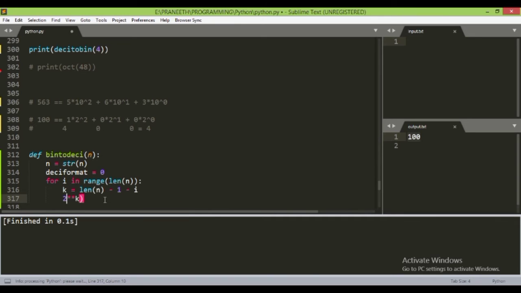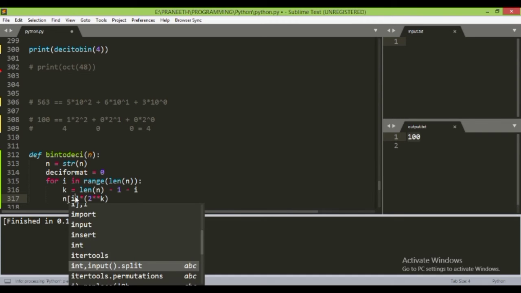Let's take this into a bracket and then we have to multiply it with the first digit of the binary representation. So let's take n of 0. It would be the first digit in the sequence. So for the next term we have to take the next digit. So here if we change this 0 by I, first of all it would take the value 0. So n of 0 would be 1.